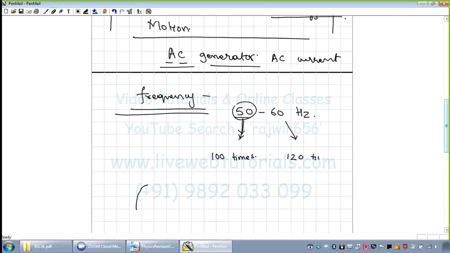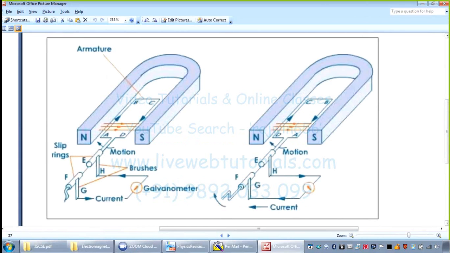It means it's going to flow in one direction, then the current will become zero, then it's going to flow in the opposite direction, and then again the current is becoming zero. So you see, in one cycle the current is changing its direction 2 times. So when the frequency is 50 hertz, then 100 times the current is going to change its direction in 1 second. Now this is a simple diagram of